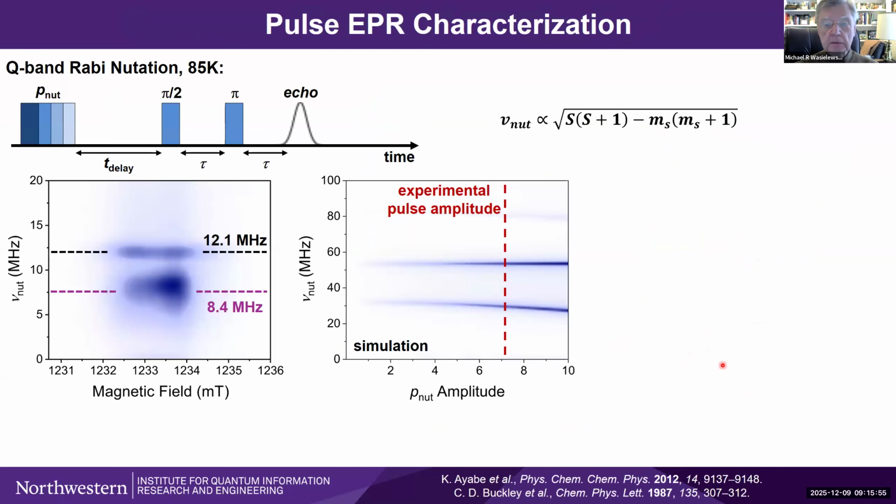Okay. So what about EPR? So we do some pulse EPR on this, and the first thing we want to establish is the nature of the triplet ground state. This is done at Q band at 85 Kelvin, and these are pretty much standard transient nutation experiments. And you can see that we do get the square root of 2 relationship here, indicative of a triplet ground state, but we still have some significant intensity here at what we would call our reference doublet state. So this is not an impurity.